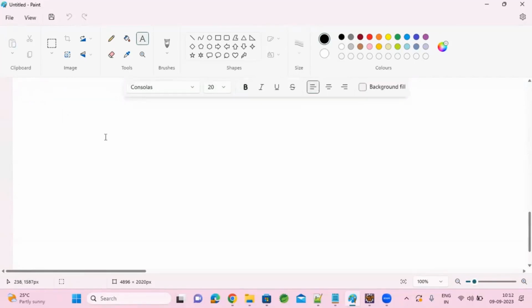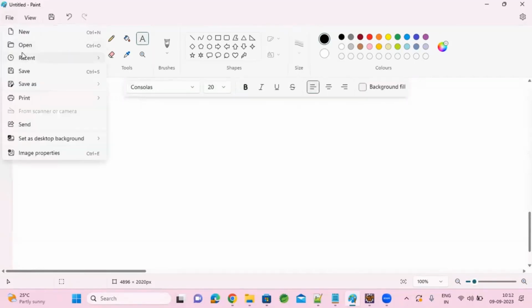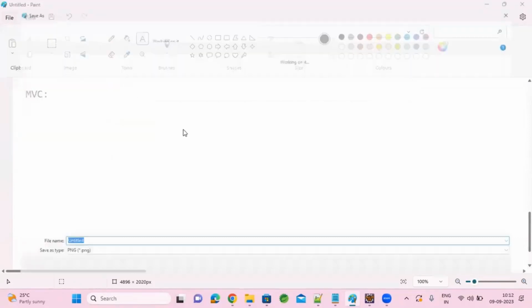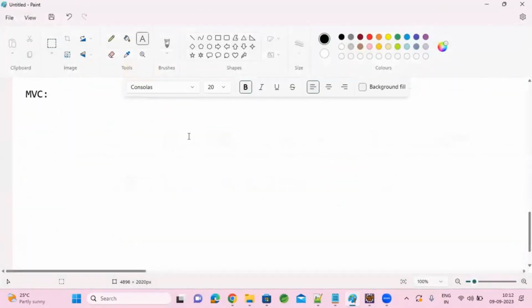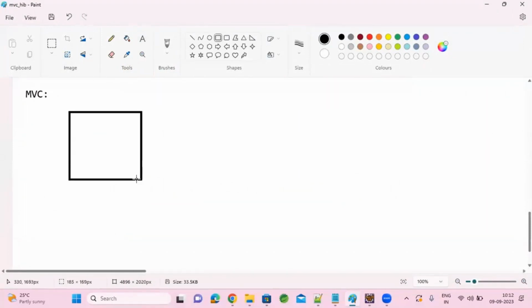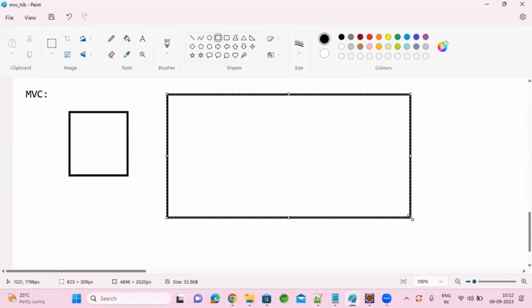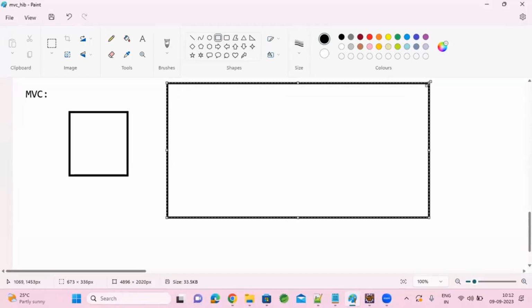Generally, we follow MVC architecture for any web-based application, standalone, or microservices. So for our MVC-based applications, we will be having front-end and back-end. So as part of back-end,